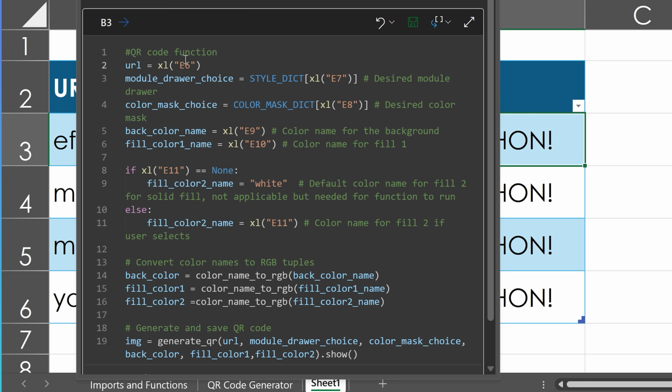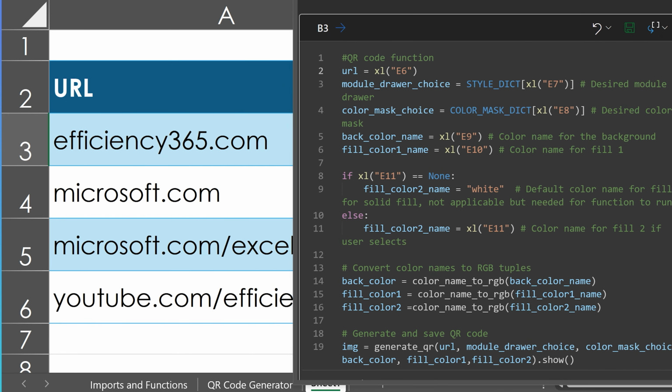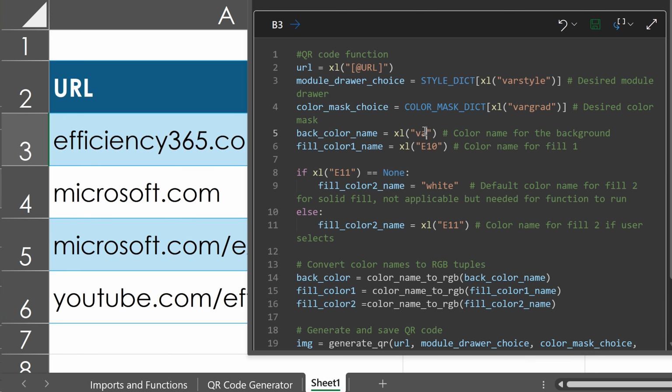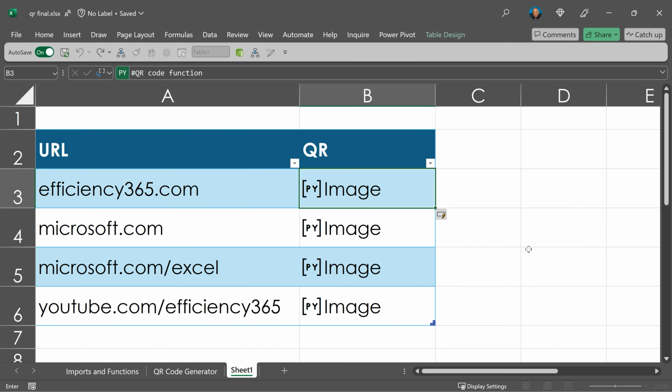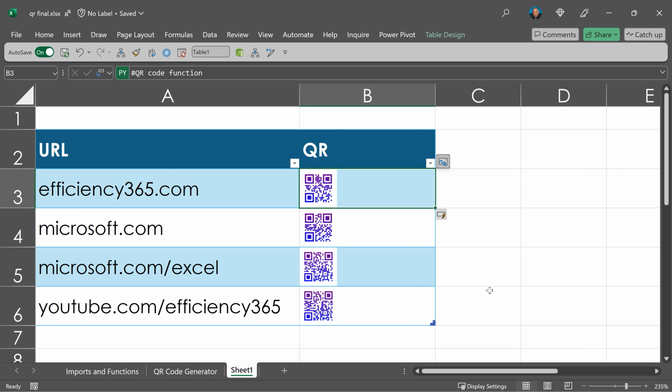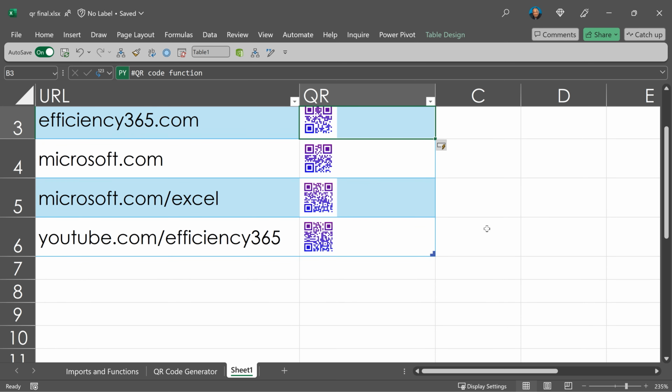Now here I want to say what? The first column, URL. So here I'm going to type, or I can even click inside this cell and it'll pick it up. And here I have defined the name, so I'm going to add those names manually. And now let's save this and close it. Now it goes back to work, but it's still not showing me images. We already know that. I want to see it as Excel value. I could have done that in the editor itself. It's an afterthought, so I did it from the formula bar. And there you have it. You have multiple QR codes generated.